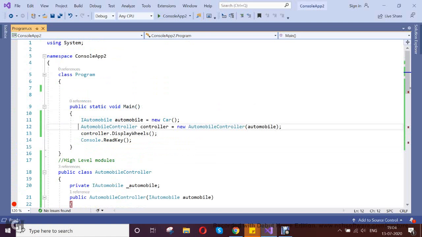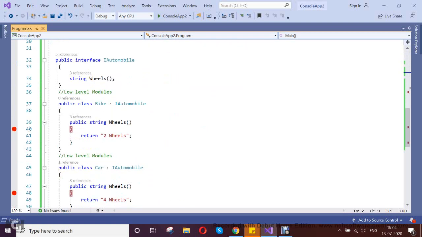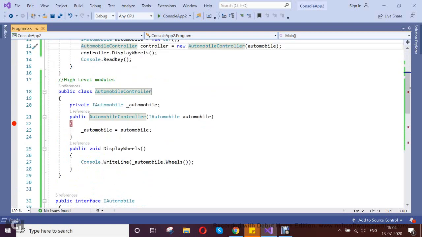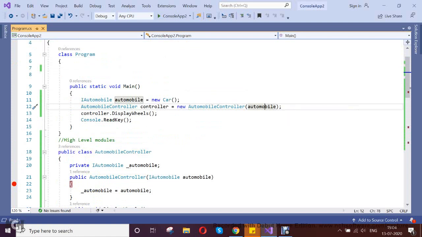So now you see this is my high level module. It doesn't have any direct relation with my low level modules. It only implements the abstraction, meaning my interface. My low level module can't be implemented directly, so it is joined with my contract, and then I do the operation accordingly. Let's run that.